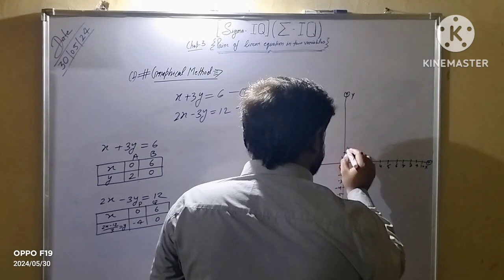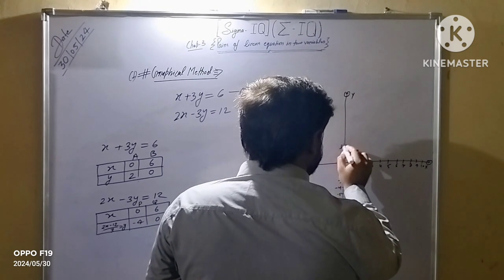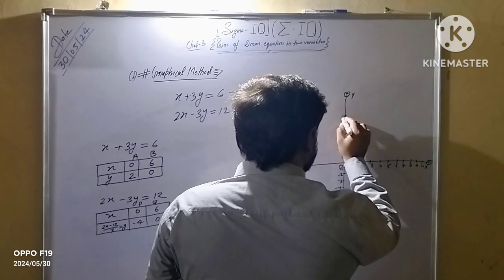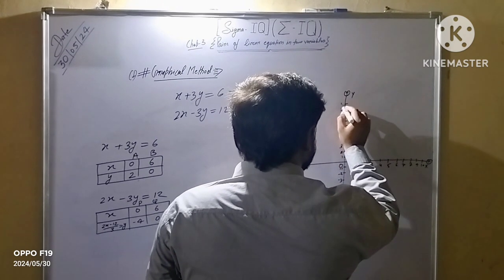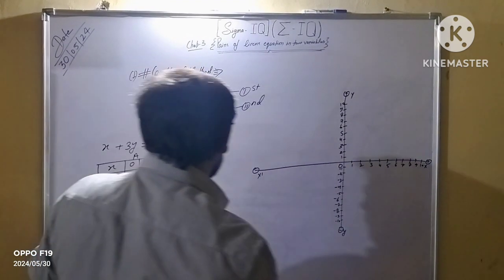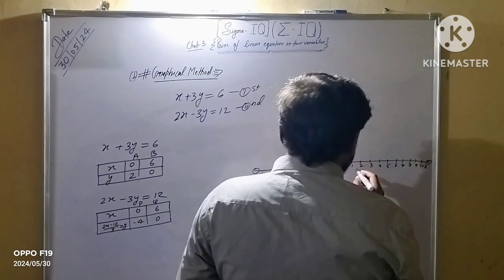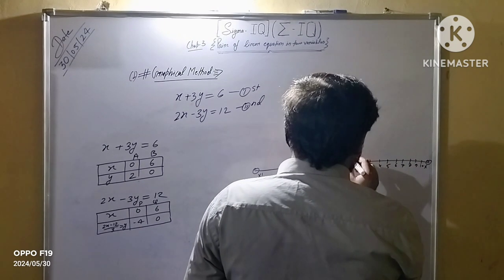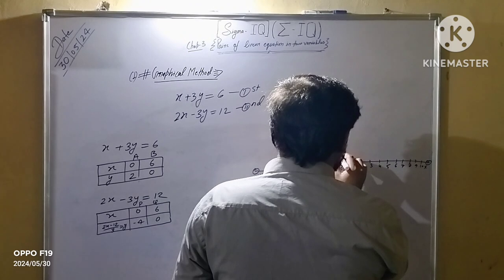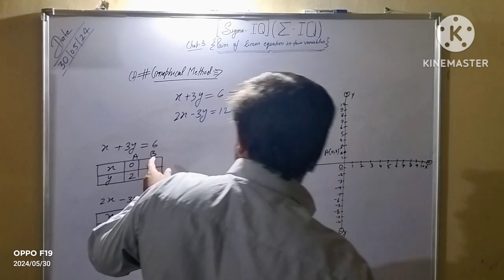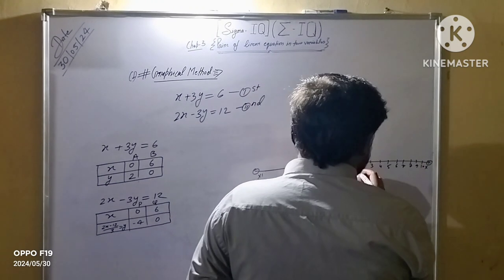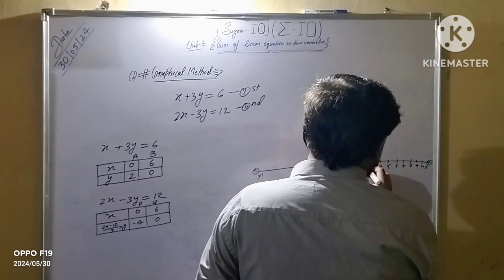Plus 1, plus y direction plus 2, plus 3, plus 4, plus 5, plus 6, plus 7, plus 8, plus 9, plus 10. Now, write the coordinate of point A: 0, 2. x direction 0, y direction 2, this is point A, 0, 2. Similarly, write the coordinate of point B: 6, 0, x direction plus 6, 1, 2, 3, 4, 5, 6,